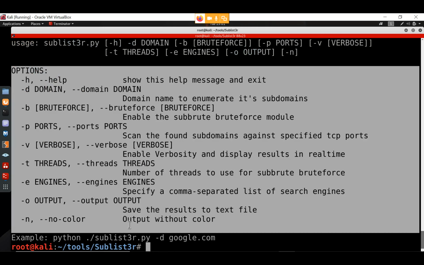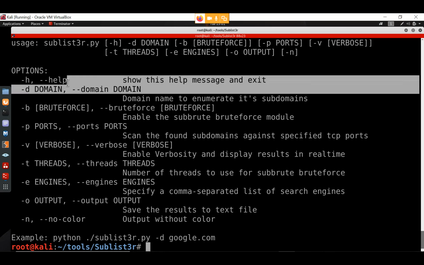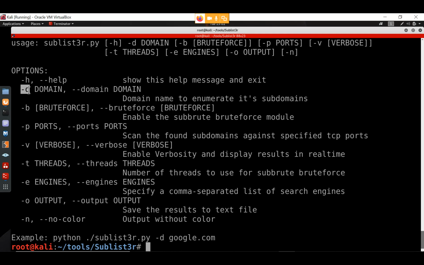So -d is for domain, so for your target. If you want Microsoft, Google, Bing, if you want to find subdomains of any website, you have to type -d and then your target website name. And these are for search engines. If you want to search on Google, Bing, Yahoo or any specific search engine, by default it is going to search on every search engine, but if you want a specific one,